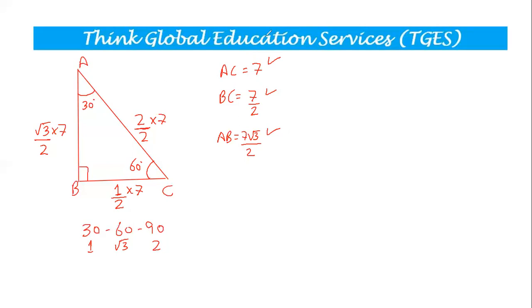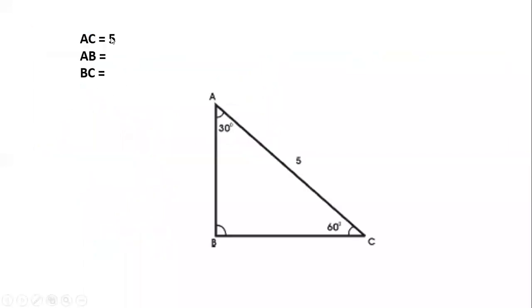But let's try one question before we move on. Here you see the same question which I did, just as a practice question. We have a special triangle, as you can see, because the ratio is 30, 60, 90. This angle has to be 90 degrees because this is 30 and this is 60. Now you see the scratch work. I know the ratio of the angles is 30, 60, 90, so the ratio of the sides will be 1, root 3, 2.